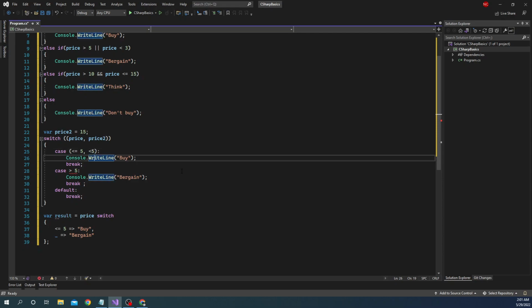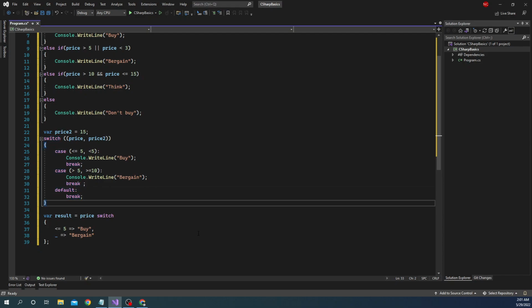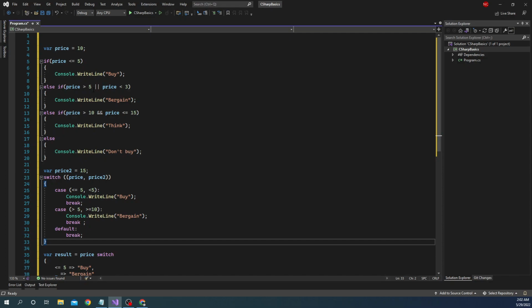So we can say if the price is less than equal to 5 and price2 is less than 5. And similarly here, it's greater than 5 or greater than equal to 10 for price2, then do something. So this is a way to do the same condition of switch case, but based on two different parameters, which is inherently supported in if-else condition,